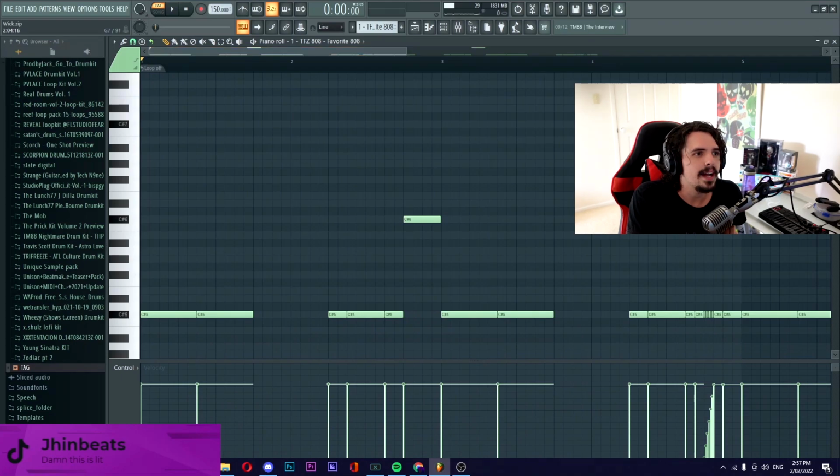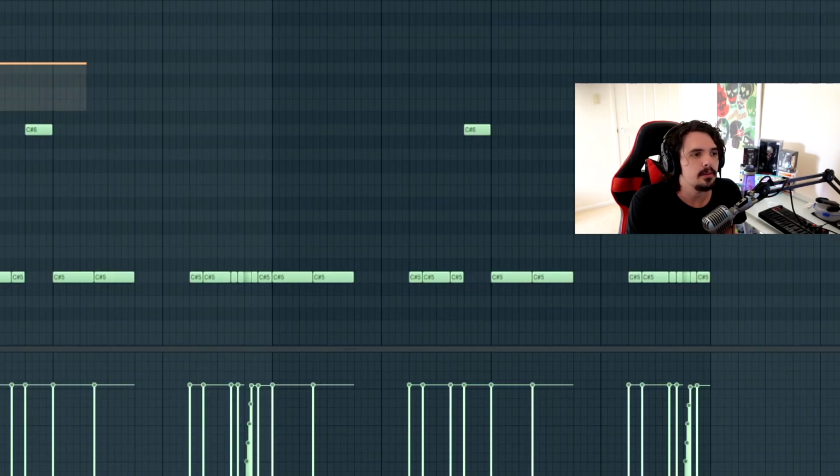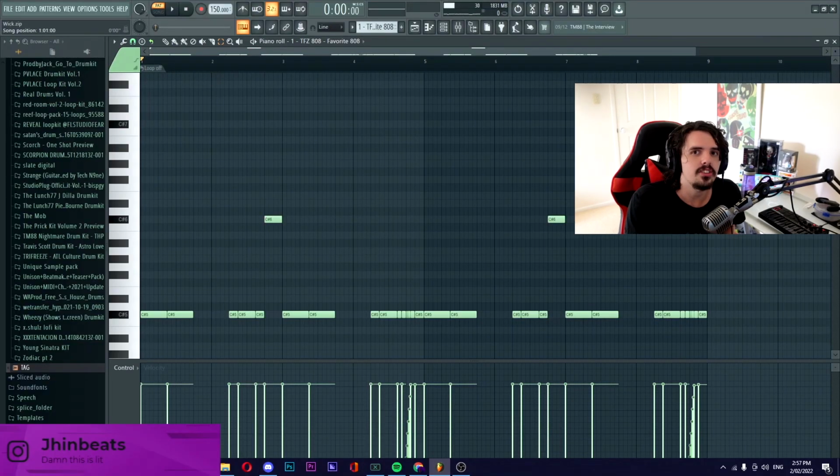We have this 808, which is the favorite 808 from the Tri-Freeze drum kit yet again, literally just playing the root note, which is C# minor. Every now and then we switch it up a little bit by adding in a higher octave, which is this C#6, just to make it sound a little bit different. And we do have some rolls and some quick bounces throughout, just to give it a little bit more rhythm and a little bit more bounce. In context,